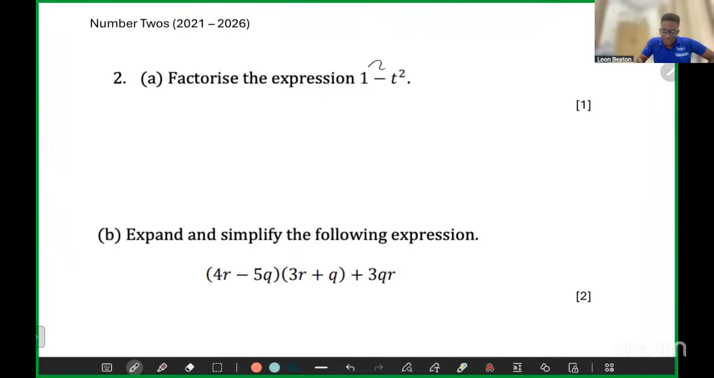We have two terms, and the terms are subtracting each other. From the time you see two terms and they're subtracting, your mind should immediately jump to difference of two squares. But the two terms should also be square terms, meaning we should be able to multiply something by itself to give you 1, and the same thing for t squared. You should be able to multiply something by itself to give you t squared. So to factorize this for 1 mark, we know we simply